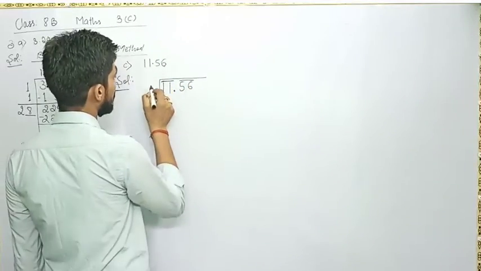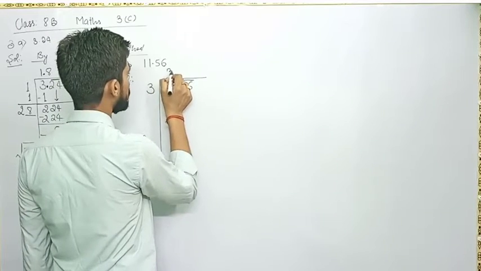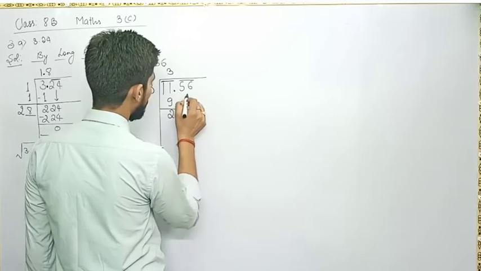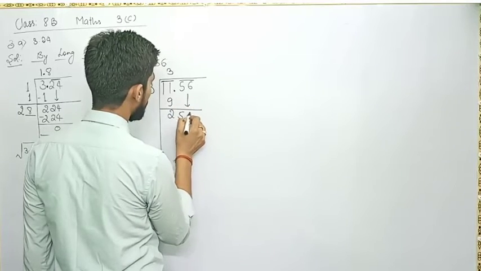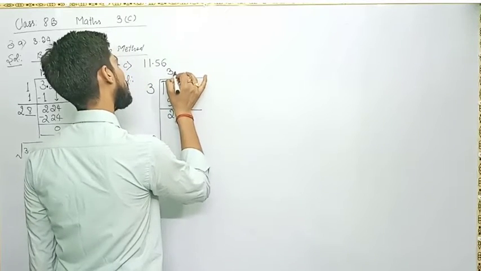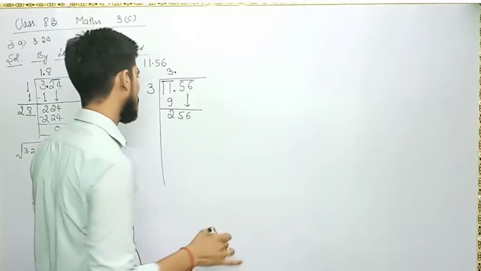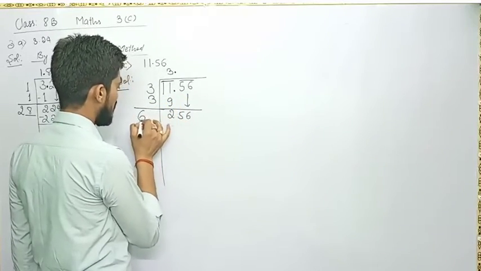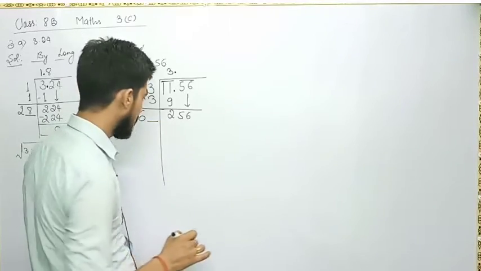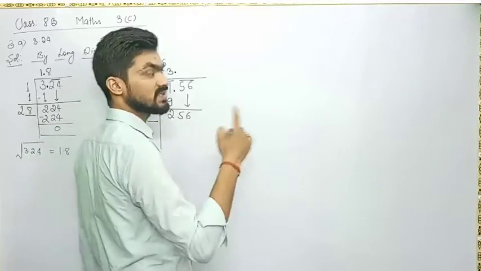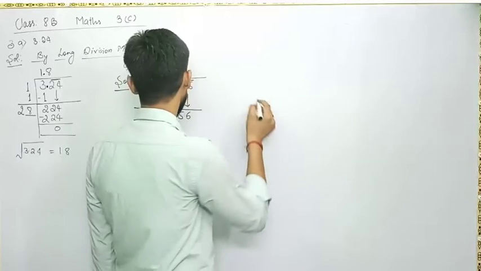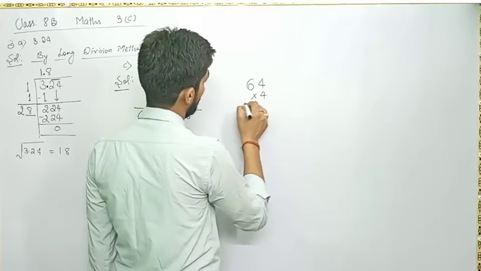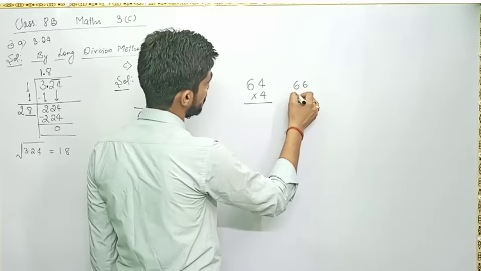My dear children, it will be nearer to 3. So 3 3s are 9. Here we have 2. And this pair when you need, you will write here 256. But at the same moment you have to write the decimal here. Now the same will be added here. It will become 6 and one's place will be empty. Now you know that only 4 and 6 can give the 6 at one's place. So you will write 64 into 4 and 66 into 6.